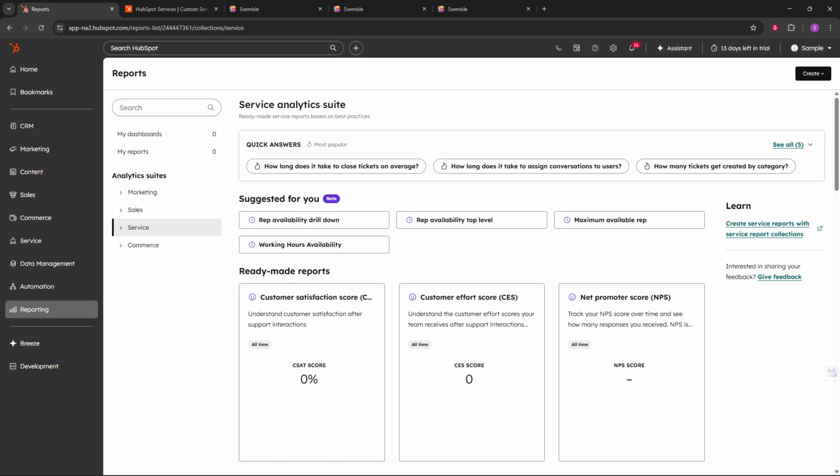That's the service area in HubSpot support. Log in, go to service, and use Help Desk, Customer Success, Customer Agent, Chat Flows, Portal, Surveys, and Analytics to deliver excellent